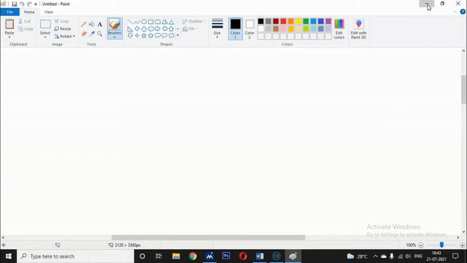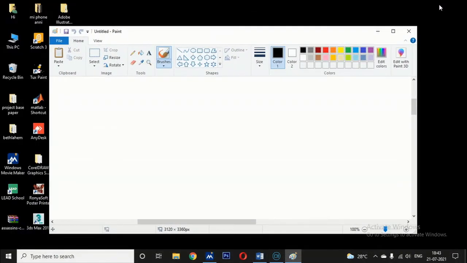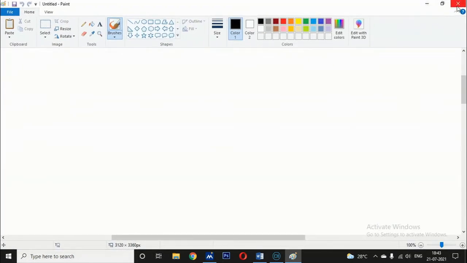This is the minimize button, this is the maximize or restore down button, that means shrink, and this is the close button.